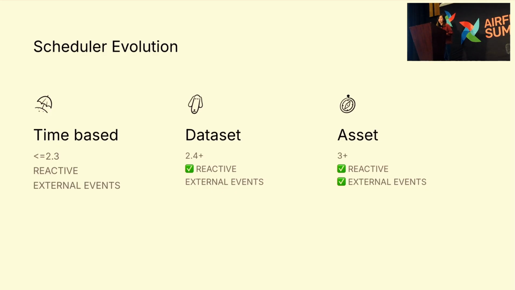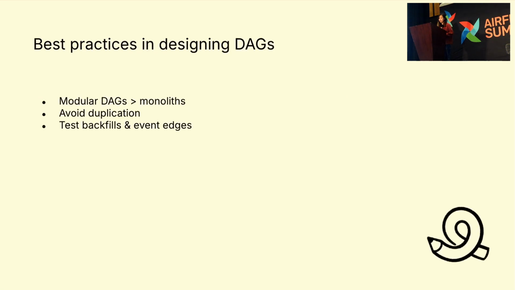So to conclude, Airflow isn't just a cron scheduler anymore. You have a lot of options, and you should really think about which is the best scheduling strategy for your DAG use case. And in migrating DAGs between different scheduling, I learned a lot of lessons about how to design DAGs for better maintenance and how to keep DAGs clean and reliable.